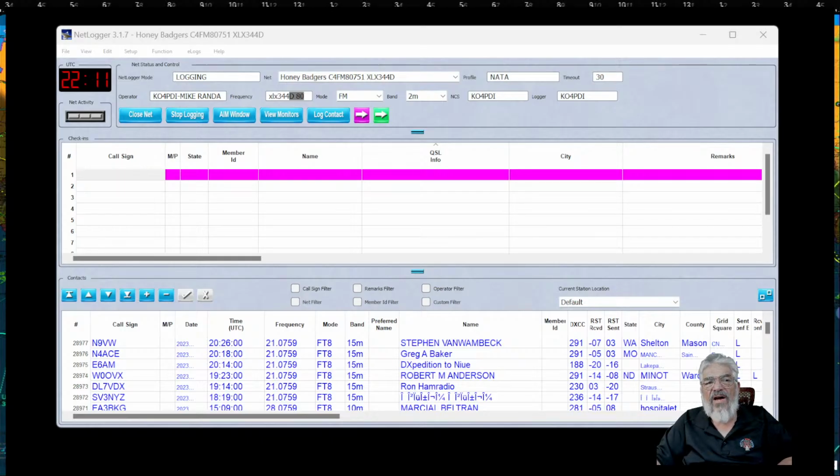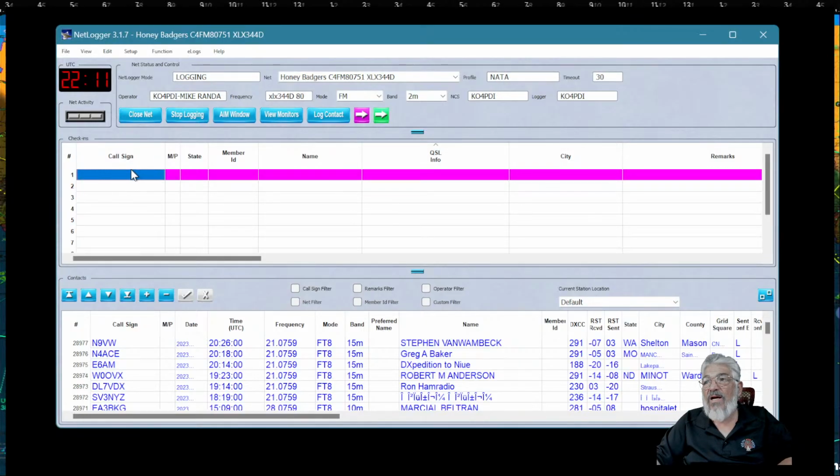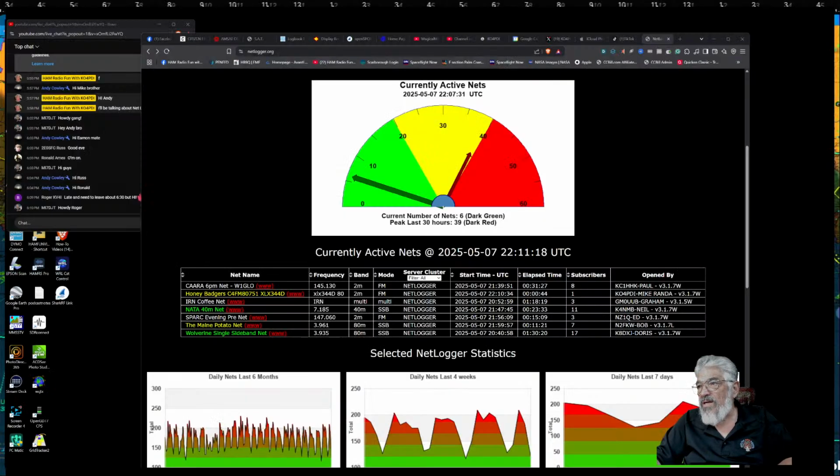So if you have... I didn't even know this existed. Ron told me today there's a NETLogger companion app for the iPhone. If you have that, you would now be showing up like this there. Now, I'm not going to leave this up and running, but I'm going to leave it up for demonstration purposes right now. So let's see. So I am the net coordinator. So let's go back over. Oh, we didn't see that page. Let me show you that page. Hold on. Here we go.